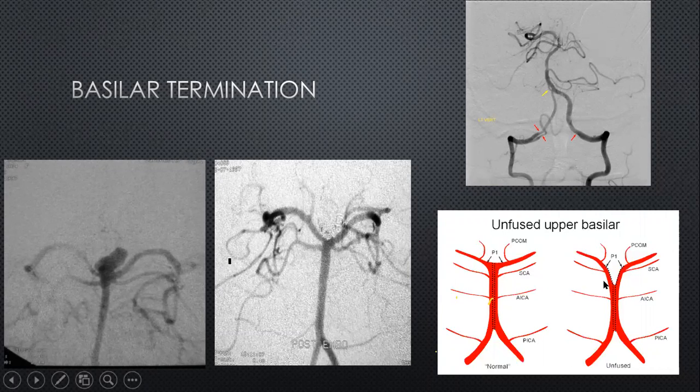And hence the basilar artery will have these various appearances based on how the basilar termination itself has fused, and whether the PCA and the superior cerebellar artery are arising separately or are arising in this fashion. Another important point to realize is that if the posterior cerebral artery is dominant on one side, that is of course going to be the location of the perforators. If the PCA is small or actually low lying, then it is less likely to be supplying the perforators of that side of the brainstem.